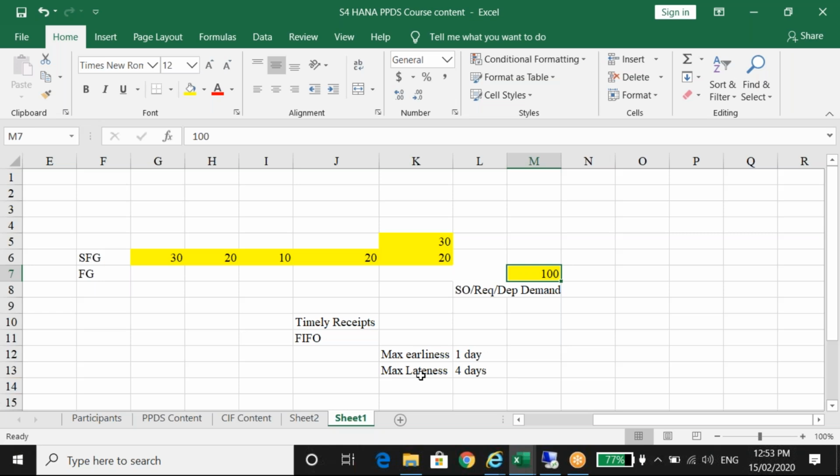And the product has to be batch managed. All these constraints are there. Hence, if you ask about recommendation, maximum earliness and maximum lateness is what is recommended. You get more flexibility in picking orders. At the same time, if this is dynamic pegging, how many orders are getting picked? If you have an order like this,